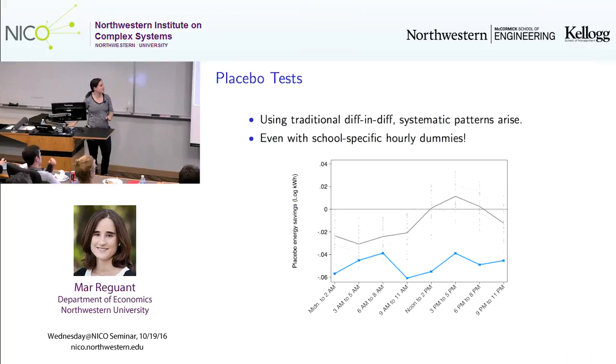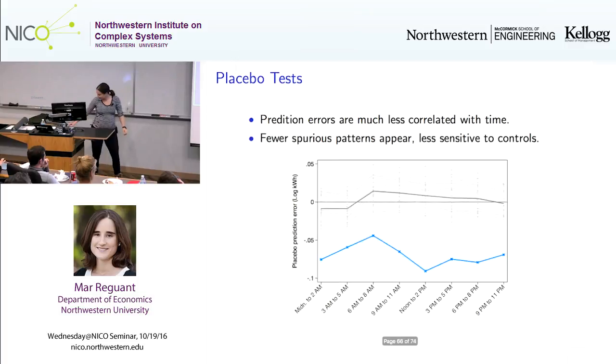And this is from before, where we had these massive trends in our placebos. The placebos are the gray line. You can see the massive trends in the placebo. All our placebos are below 0 in this range. As we move into the machine learning, we can see that our placebos are now centered around 0. And all of a sudden, in all of the hours of the day, we have both positive and negative placebos, suggesting that we are now doing a much better job at capturing this profile of energy